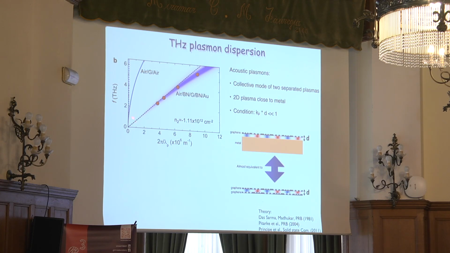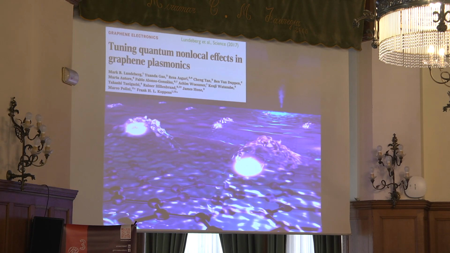This acoustic plasmon, as you can see, has a velocity that's much smaller than the typical graphene plasmon. And then what we saw is that we could slow it down to a very small velocity, close to the electron Fermi velocity. And then we came up with this picture here, which is basically showing the electron surfing